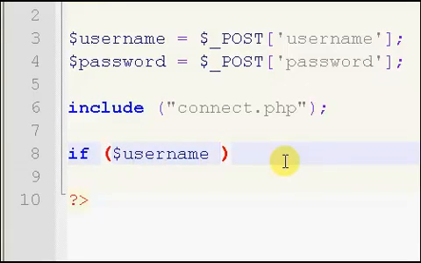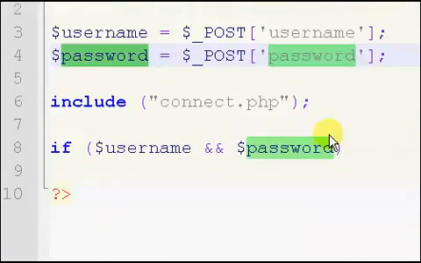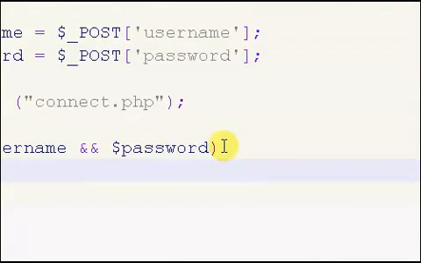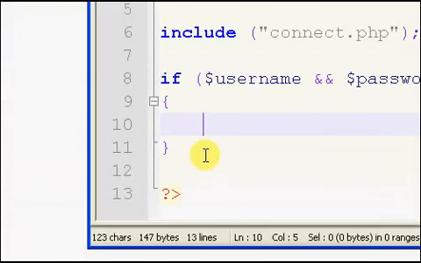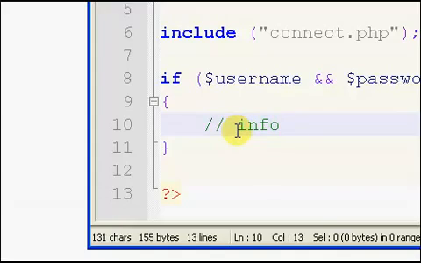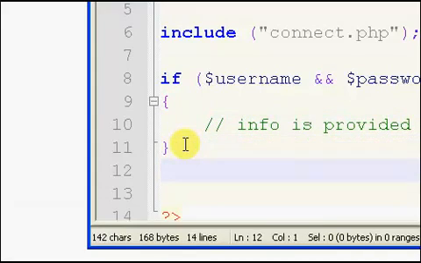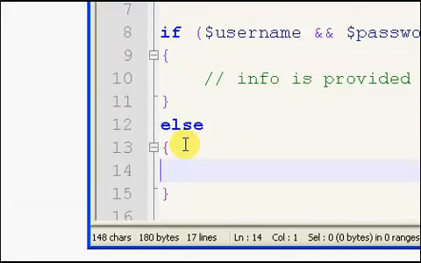So we're going to say if $username, and then you want to put 2 and signs, $password, or whatever your variable names are. So if we have both of them, I'm going to come down here and we'll just put some comments in here. We'll just say info is provided, and then we'll put an else,